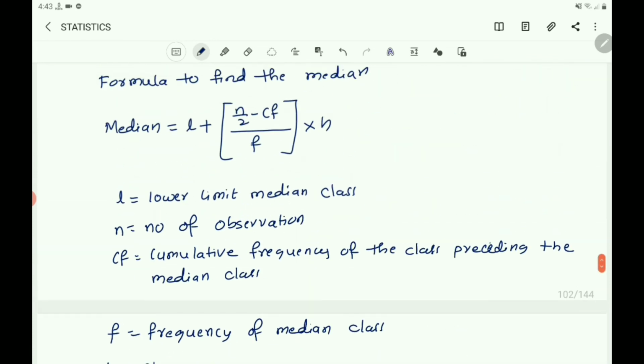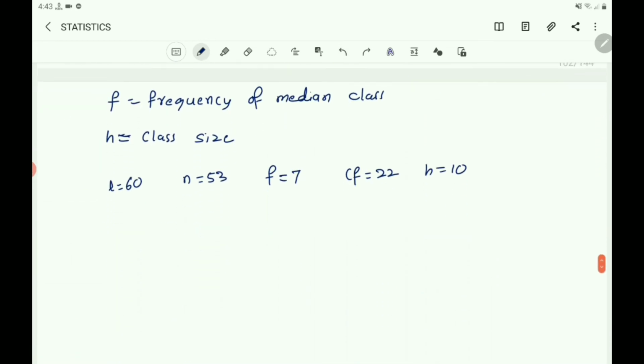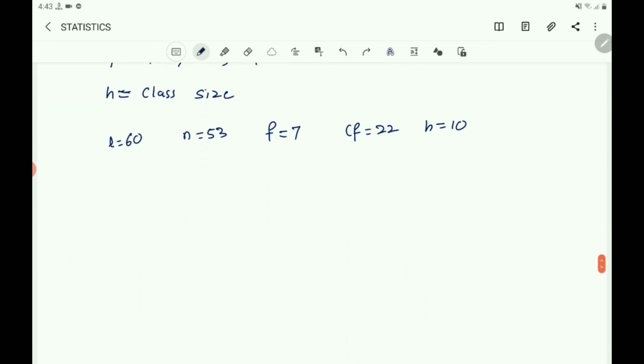Here you got the values of L, F, Cf, and the size of the class also. Now you write the formula. The formula is median equals L plus n by 2 minus Cf by F